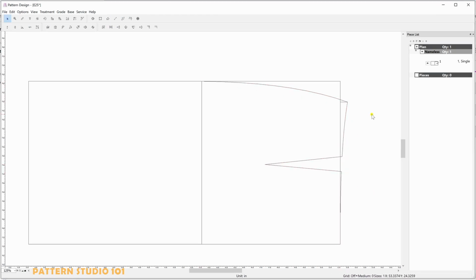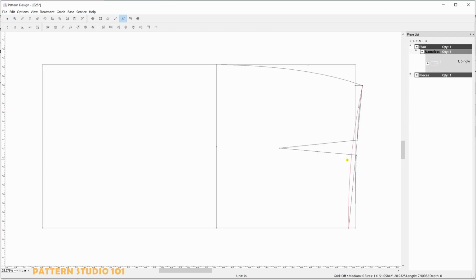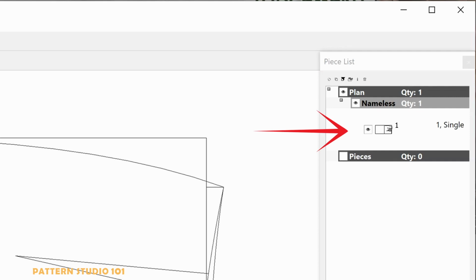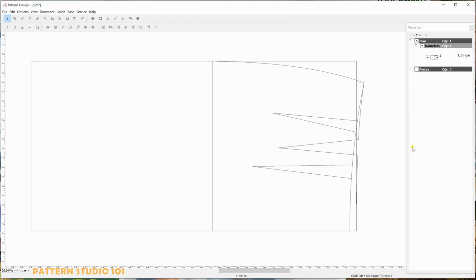I drafted the front and I'm gonna draw the back skirt on top of the front skirt. Under piece list, you can see what you just drew, and it's under plan. Literally, this is your plan. It's not a piece yet, so it says 0 pieces here, right?